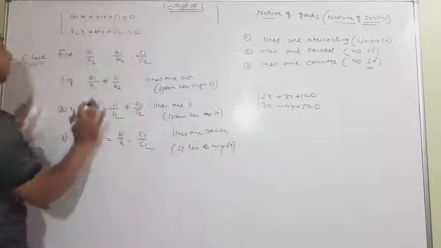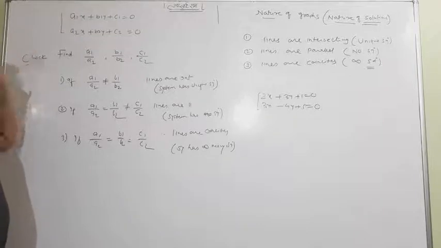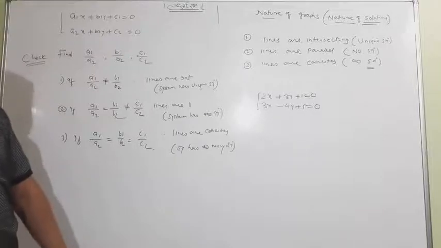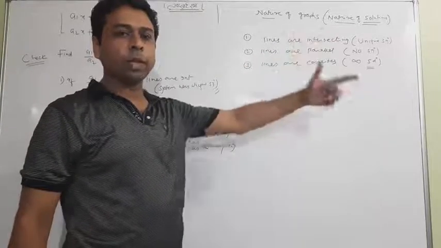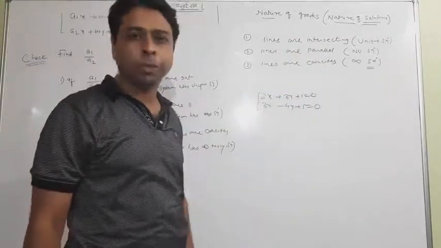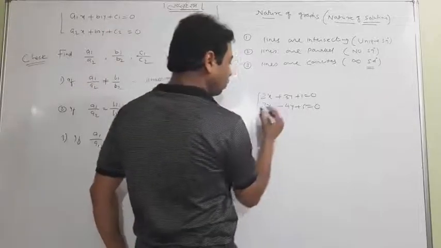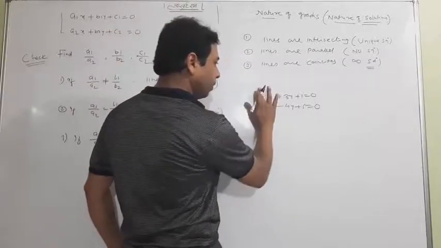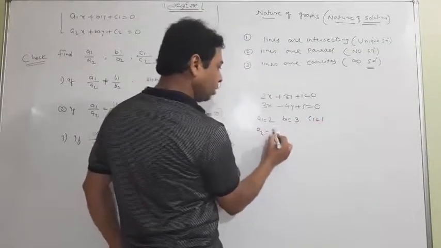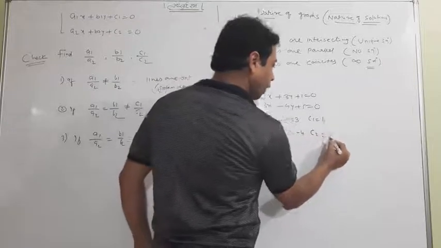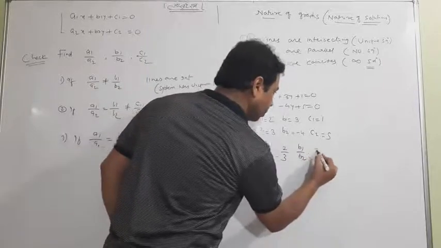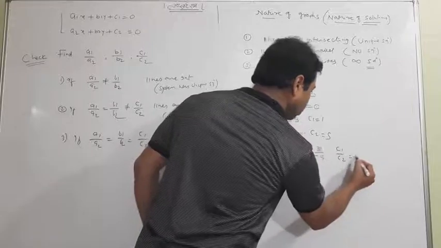So these three things are the part of checking, and without drawing the graph, you can check one by one and tell what is the nature of your solution, what is the nature of the lines. Suppose it is a question for you, and I ask you the nature of two lines and the nature of the solution. What to do? Just do one thing. First compare. A1 is 2, B1 is 3, C1 is 1, A2 is 3, B2 is minus 4, C2 is 5. Now A1 upon A2 is 2 by 3, B1 upon B2 is 3 by minus 4, and C1 upon C2 is 1 by 5.